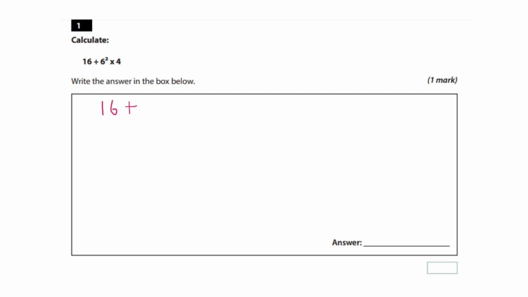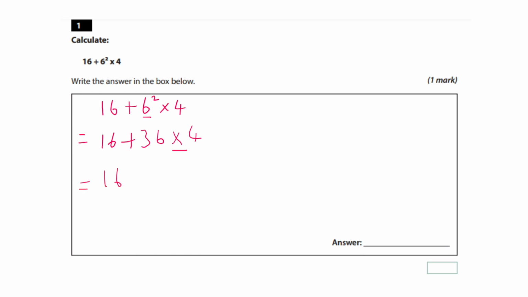16 plus 6 squared times 4 equals. So we do this one first, the powers first. 16 plus 6 times 6 is 36 times 4, and then we do the multiplication next. That's the order we do it in. Equals